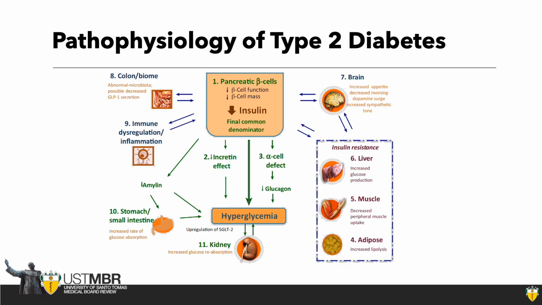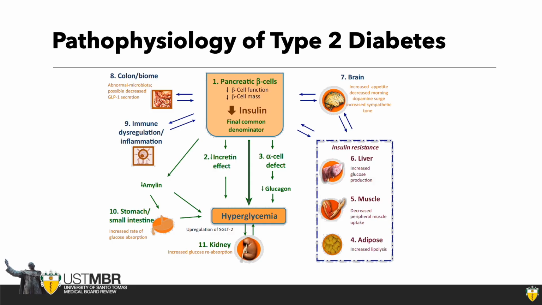Down the line, in the middle, all the way down, there's also a problem of increased glucose reabsorption. We know very well that the renal threshold for glucose reabsorption in the kidneys is about 160 to 180, beyond which you will start to have glucosuria. That's for normal people. In patients with type 2 diabetes, for some genetic defects, they won't spill glucose into the urine until they reach about 220. So therefore,